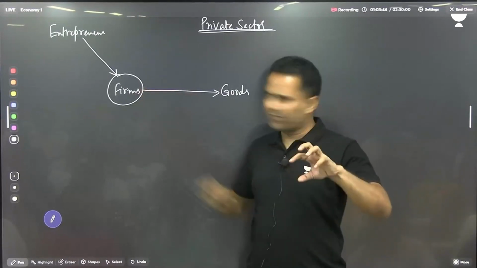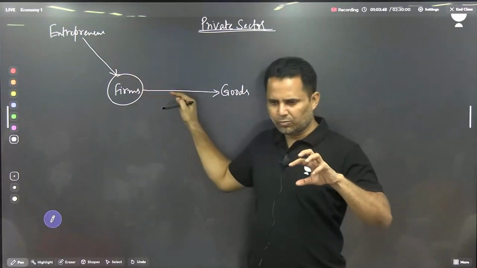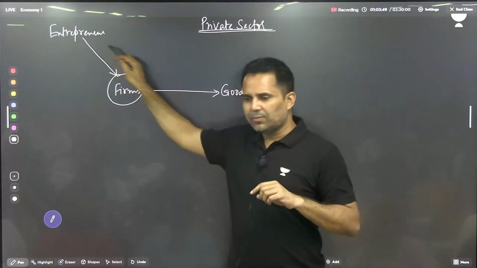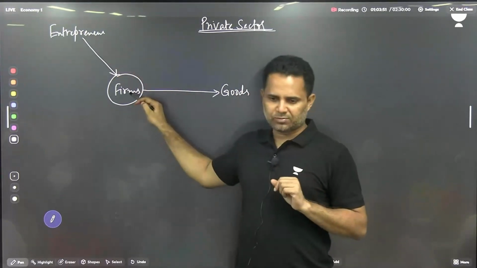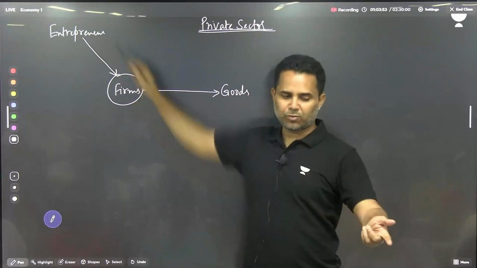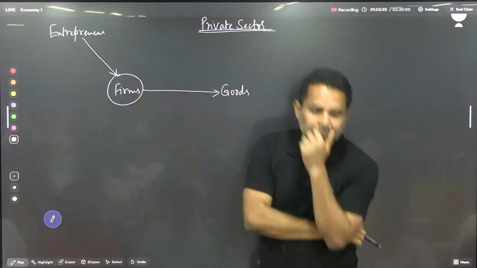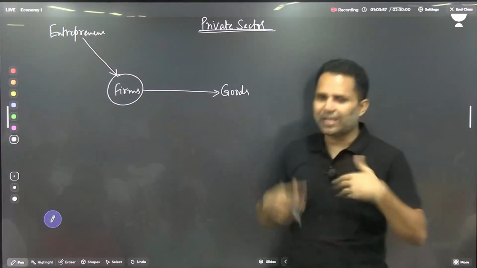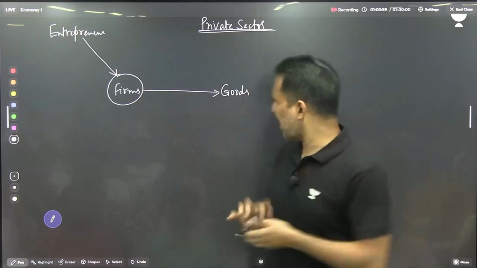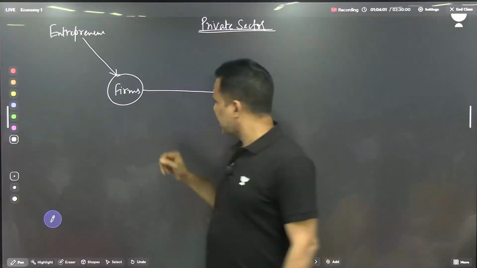So entrepreneur is different, belonging to household sector, firm belongs to private sector. This entrepreneur provides input to this company. What input does it provide? And when I'm saying that entrepreneur is providing input, look, you understand,